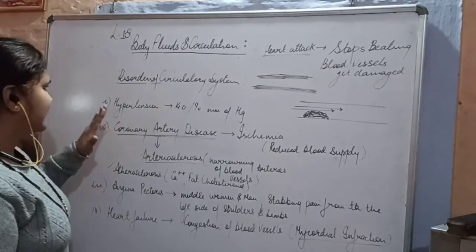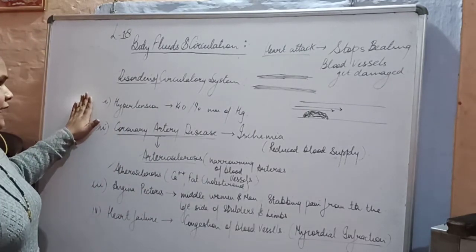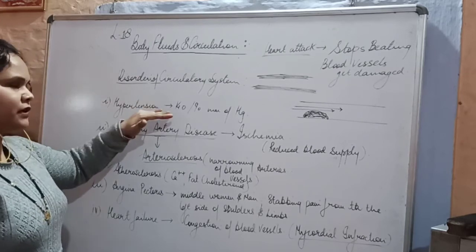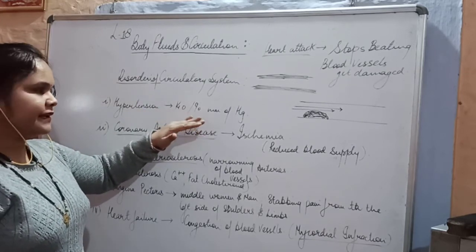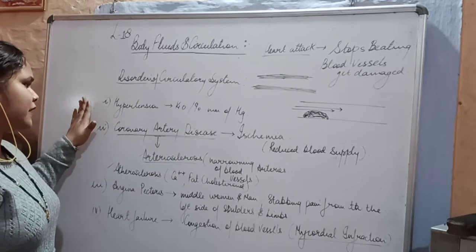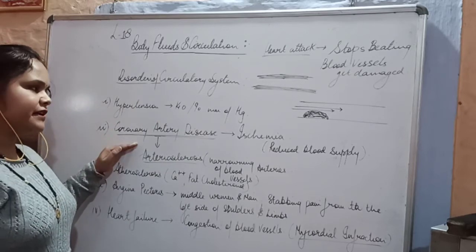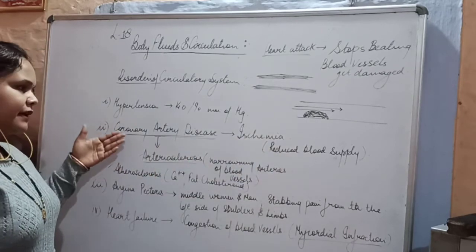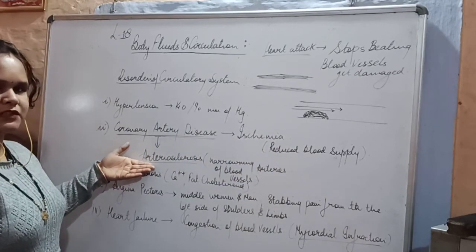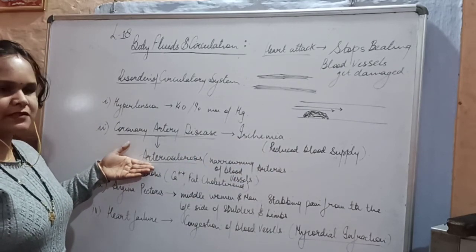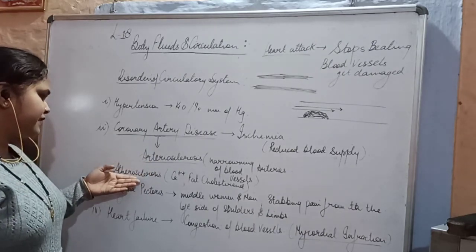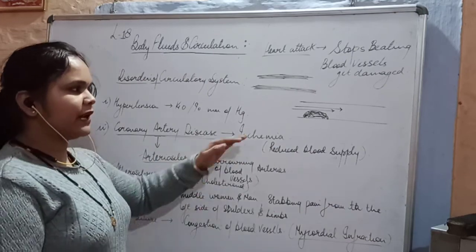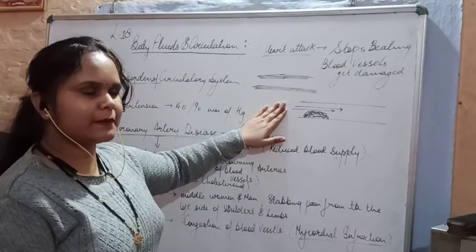Okay, so we are done with hypertension, that is, when the blood pressure increases above 120 and 80 mm of Hg, it is called hypertension. Coronary artery disease is due to ischemia, that is the reduced blood supply, and the reason for this is arteriosclerosis, when the blood vessels get narrow, and one of the reasons is atherosclerosis, in which the deposition of calcium, fat and cholesterol occurs inside the lumen of the blood vessels.